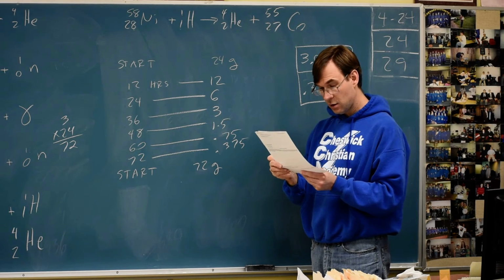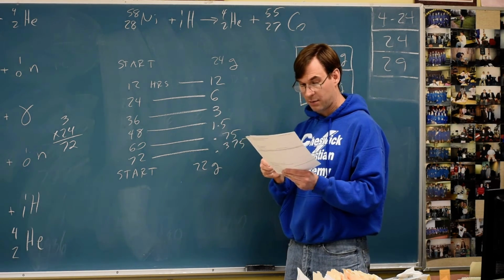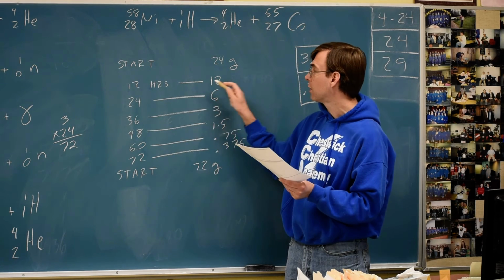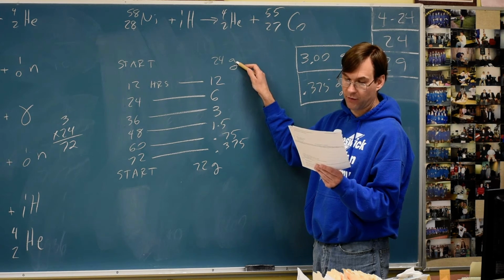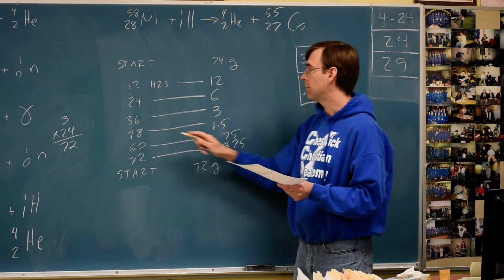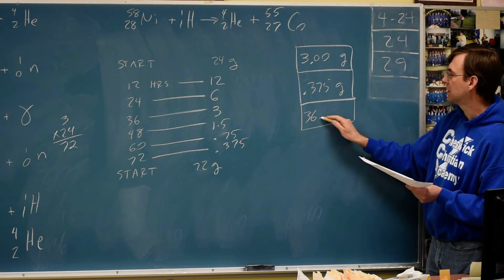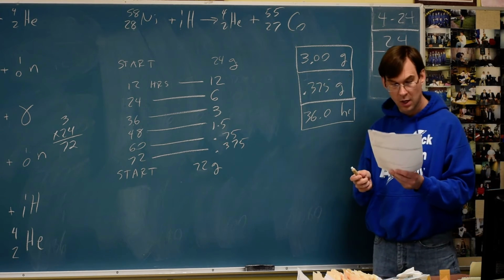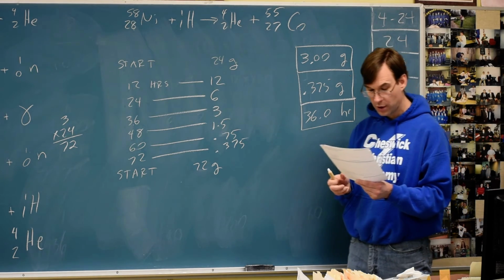15, we can continue to work that same scheme because we're still doing about the same thing here. If there's 24 grams now, I asked how many hours will it be before there's 3 grams? Well, 3 grams, 36 hours. We already knew that from the math, we already did it. So I'm going to go 36.0 to have a third digit, hours. And then for the last one, we would need a start over